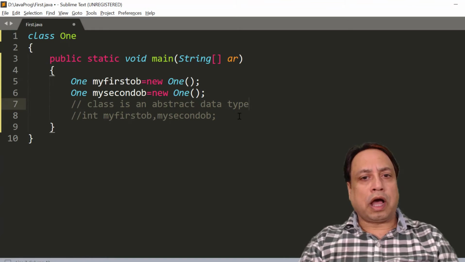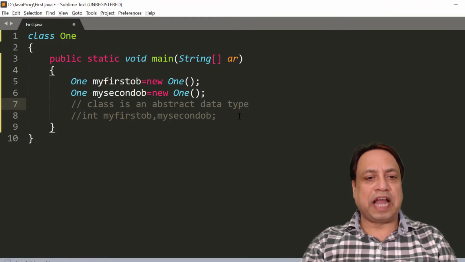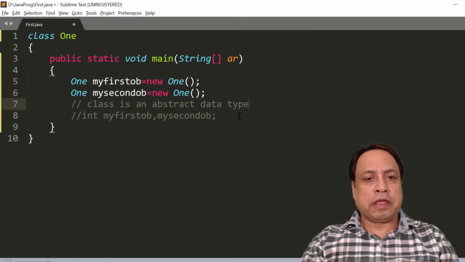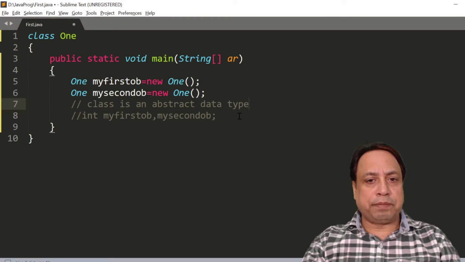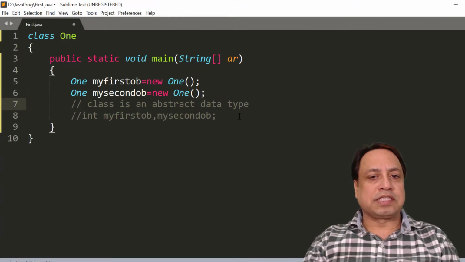So किसी भी अगर आपको रियल वर्ल्ड में कोई भी चीज़ ऐसी है जो दिखती है, anything you can see, you can touch, you can feel, you can say that that is an object. Like for example, I have a pen in my hand. If I can see or touch that pen, that is an object. We can say that it is a pen. By saying pen, we are talking about the type of object that I am handling. So that object that I am using in order to write belongs to the class pen.